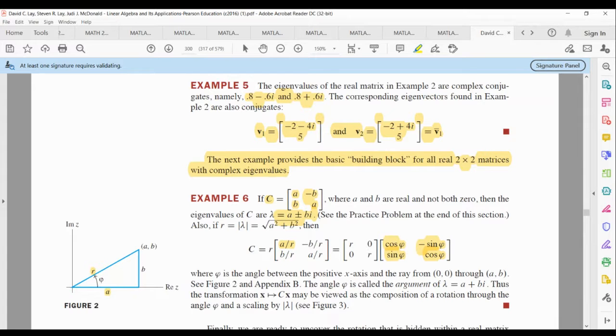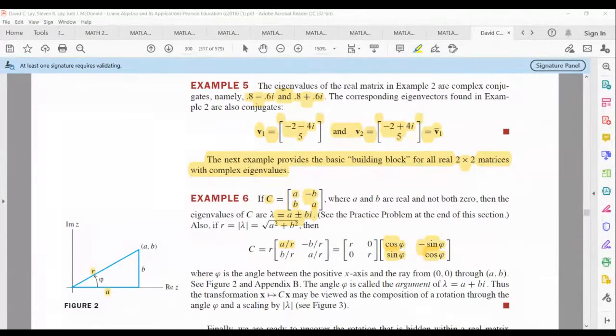What is the transformation induced by matrix C? Well, the transformation induced by the matrix C is to rotate, an angle varphi, shown in the picture there,